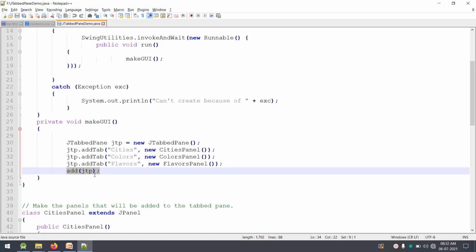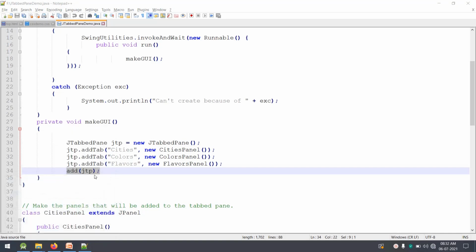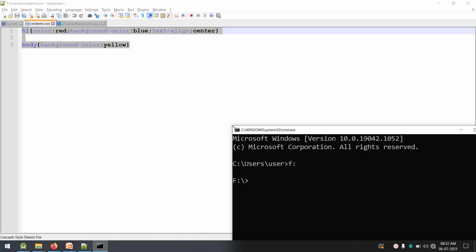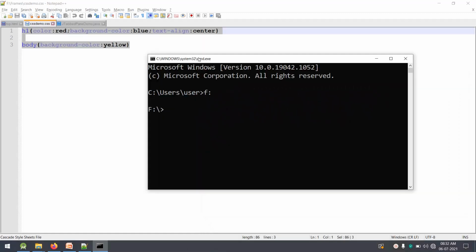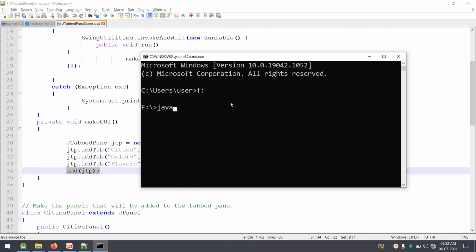Now let us compile and execute this to see the output. I have saved it in F. Okay, javac, name of our program, JTabbedPaneDemo.java.